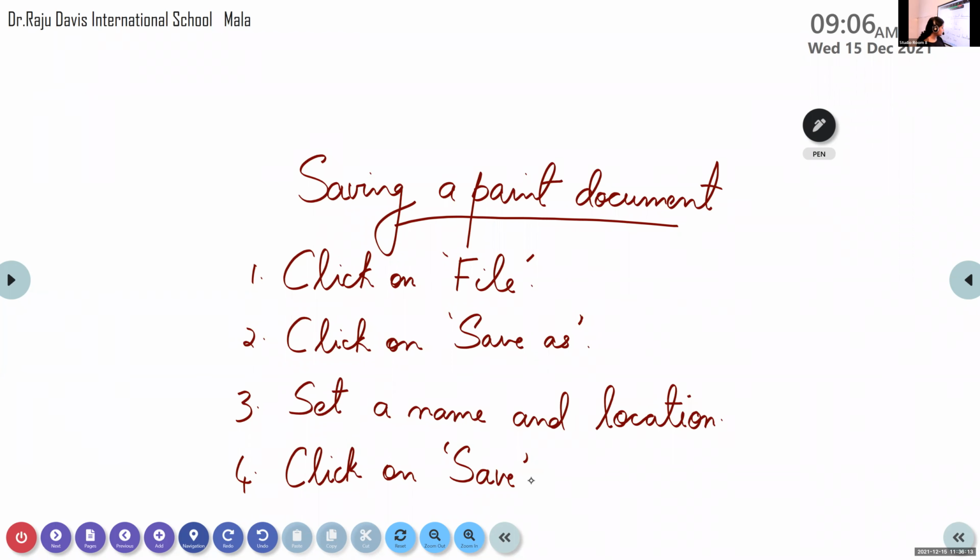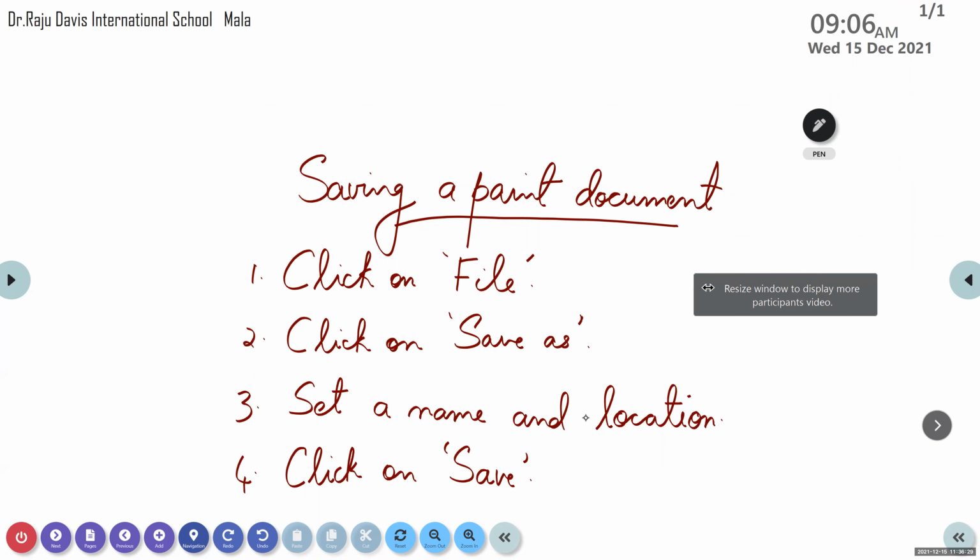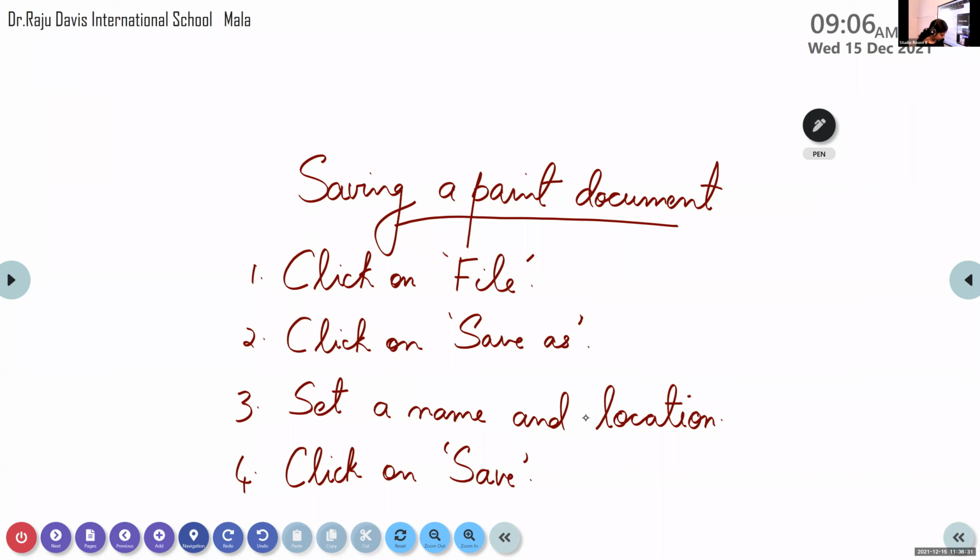Agni T.S. Present. Abhinav MP. Present, ma'am. Adam Joe. Present. Adinath. Agnes Jojo. Present, ma'am.